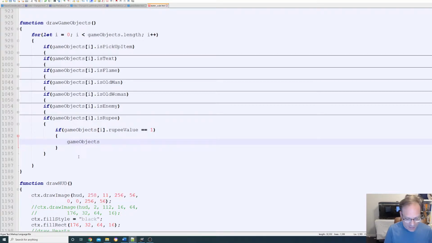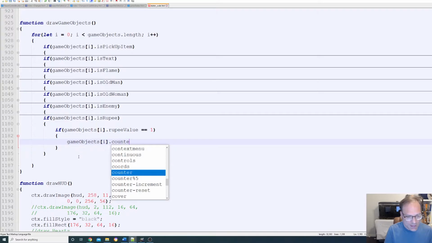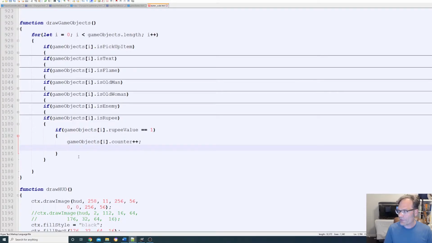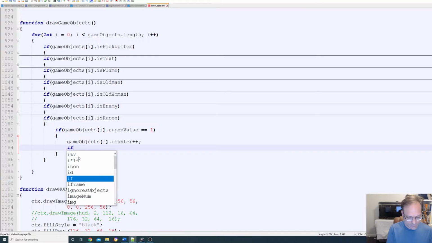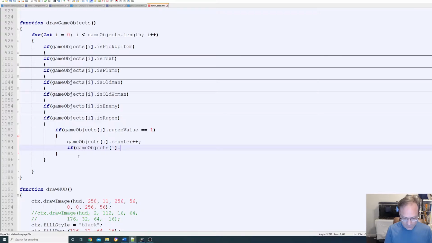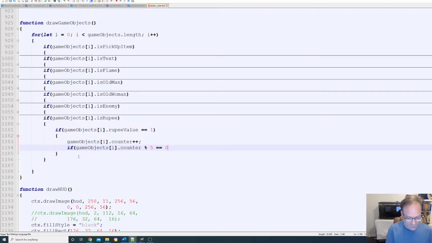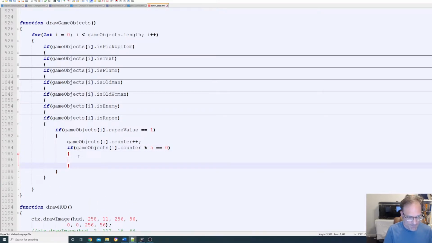So game objects at i dot counter plus plus, and then every time that it reaches mod 5, we're going to update that rupee graphic. So if game objects at i dot counter mod 5 is equal to 0,